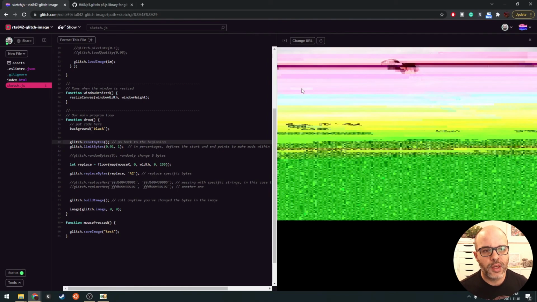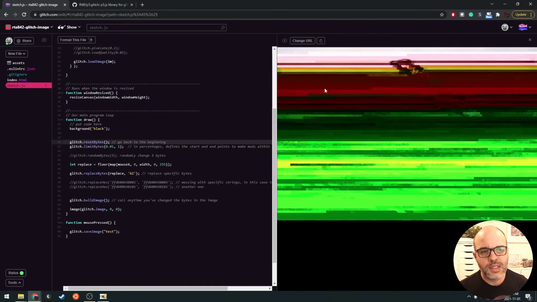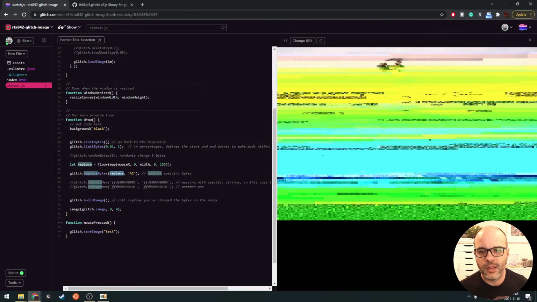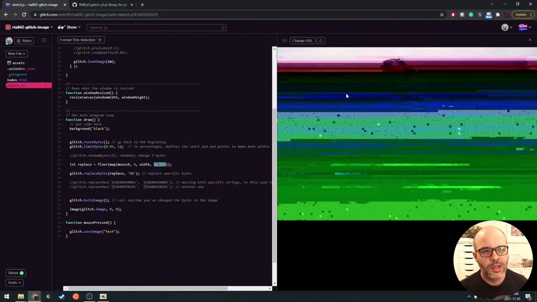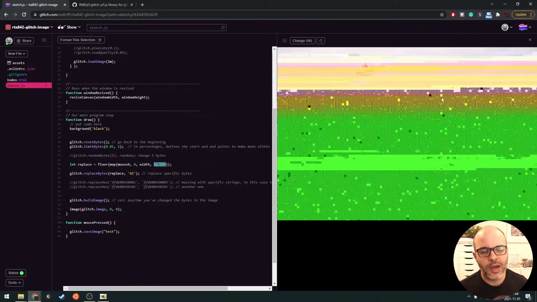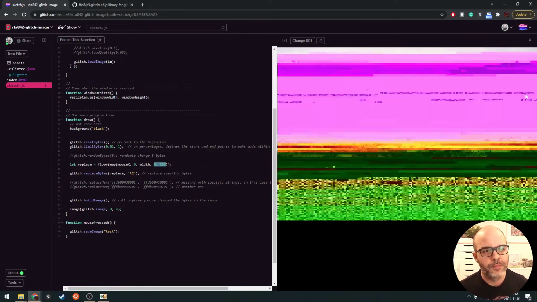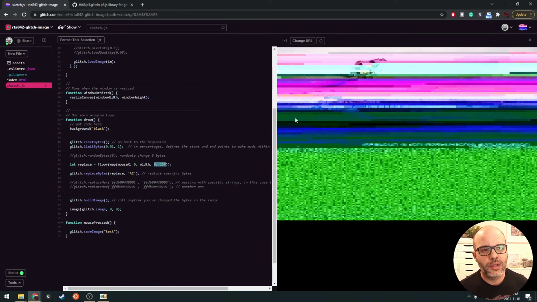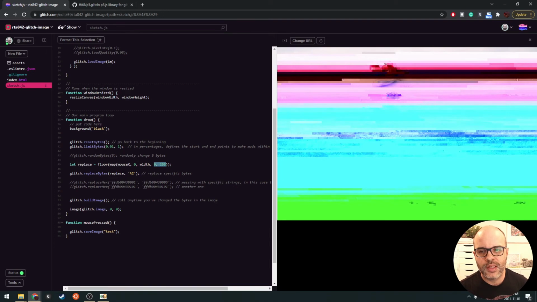And then as I move my cursor, we're going to be selecting a different byte, from 0 to 255, and then replacing that byte with the value A2. Okay. And then we could do the same thing with the cursor up and down. Instead of finding which byte to replace,